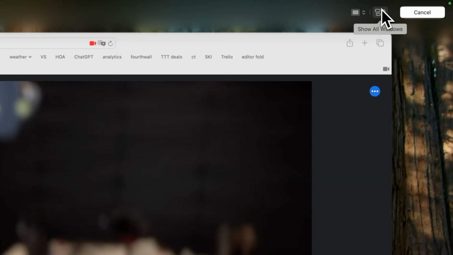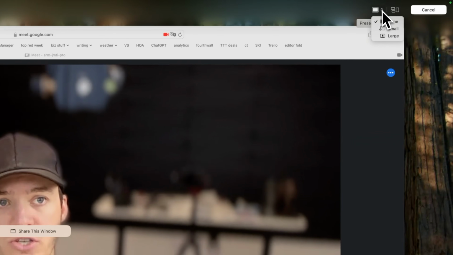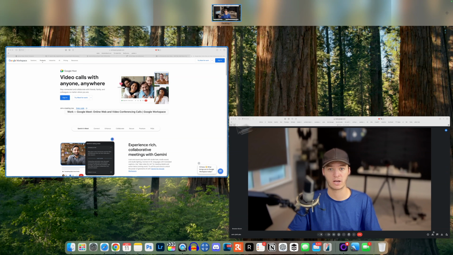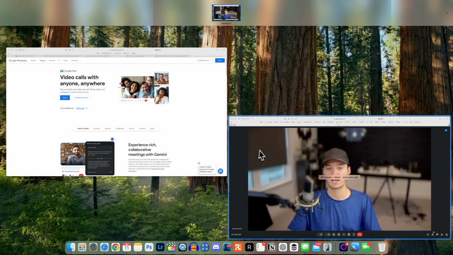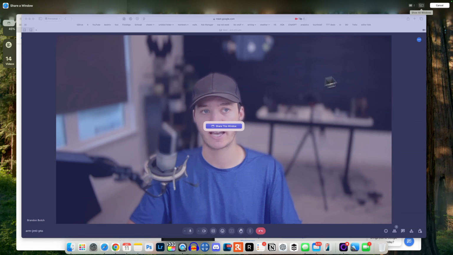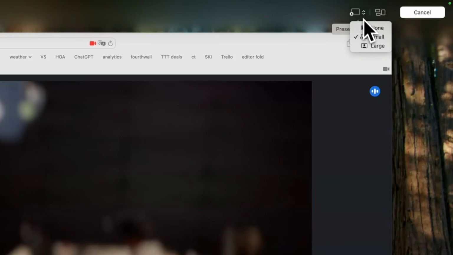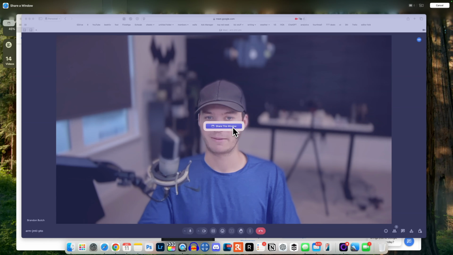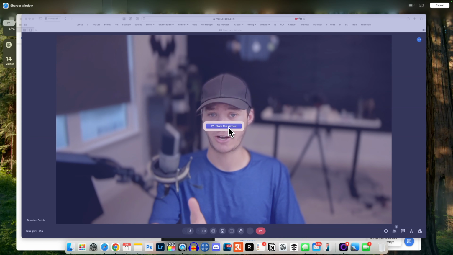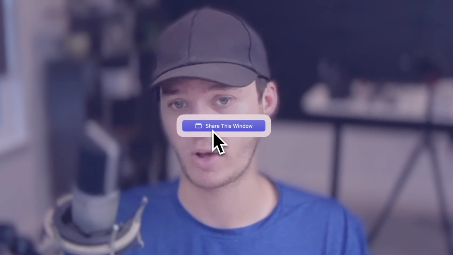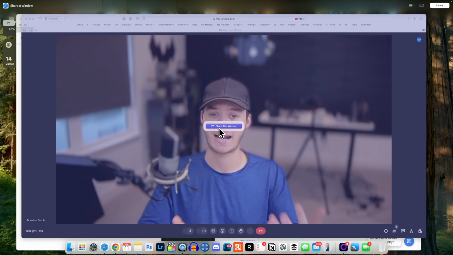And you can also go up here and change what windows you want to show. So if you want to only show this window, for example, you can now get an easy view of all your windows and you have this purple overlay, and you could also set your presenter overlay here. So this is not new, but this is new in the preview now. So you can see what you look like before you actually share your screen. And it makes it very clear as well to share this window. Like you have to click on this button as well,